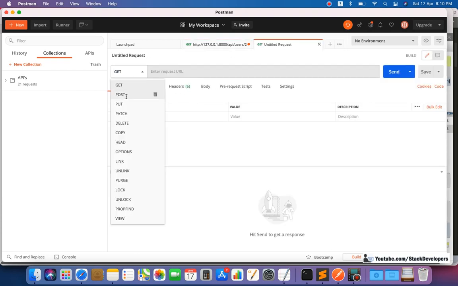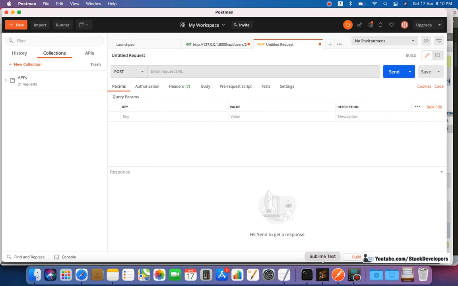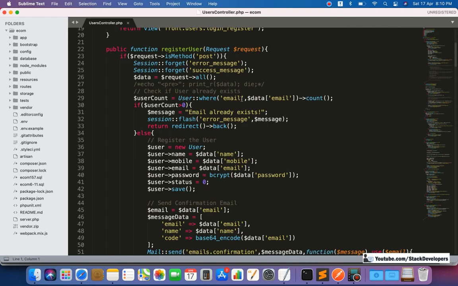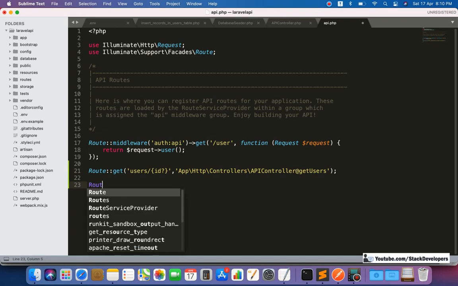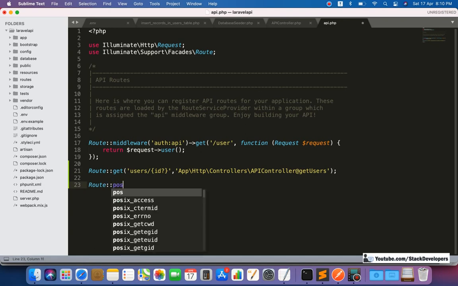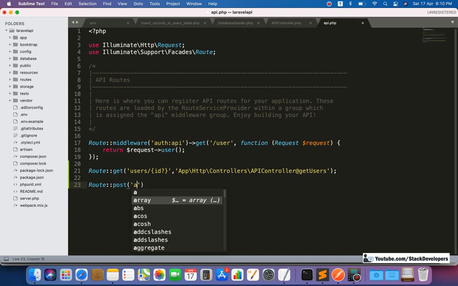I will use the post method, but first of all I am going to create the route like we created in the last video. This is the api.php. In api.php I am going to create another route that will be the post route. We are going to post the data, so that's why I add the post route here, and I will name it add users.